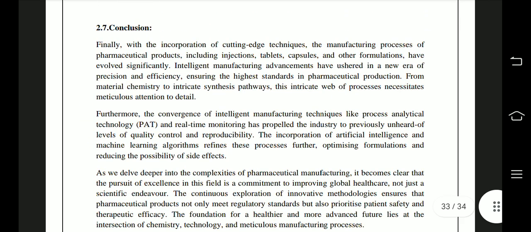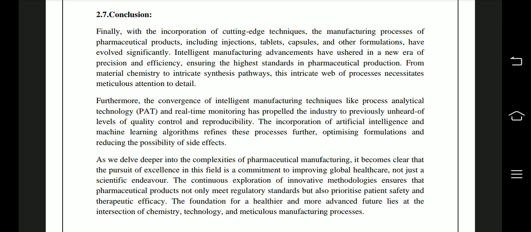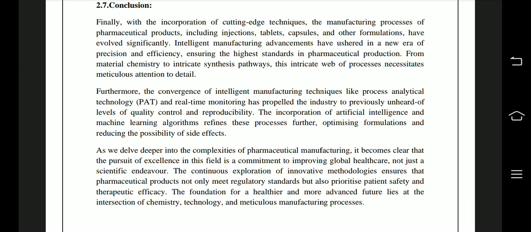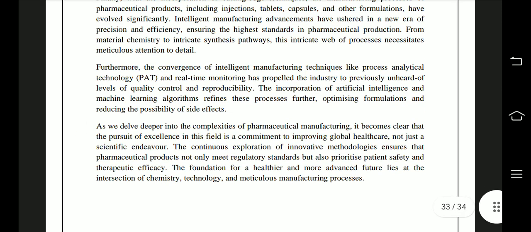I will explain here the conclusion. Finally, with the incorporation of cutting-edge techniques, the manufacturing process of pharmaceutical products, including injections, tablets, capsules, and other formulations, has evolved significantly. Intelligent manufacturing techniques have ushered us into a new era of precision and efficiency, ensuring the highest standard in pharmaceutical production. From material chemistry to intricate synthesis pathways, this intricate web of processes necessitates attention to detail. Furthermore, the convergence of intelligent manufacturing techniques like process analytical technology, PAT, and real time monitoring has propelled the industry to previously unheard of levels of quality control and